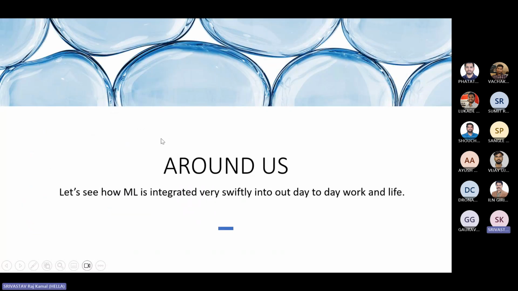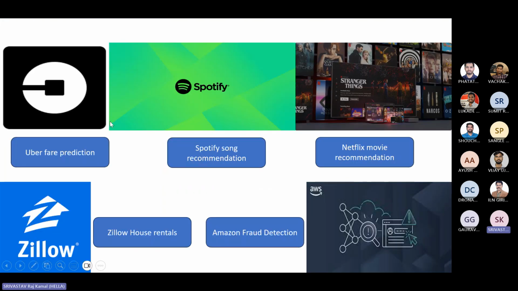Okay. So guys, let's take one example at a time. We are using Uber on a day-to-day basis. And if I tell you that Uber is running machine learning almost every second, you know that every second the fares are getting changed. When you're traveling via Uber or Ola, the routes are getting changed along the way as we go from one place to another. So how is it happening in real time, and how are the numbers getting changed?